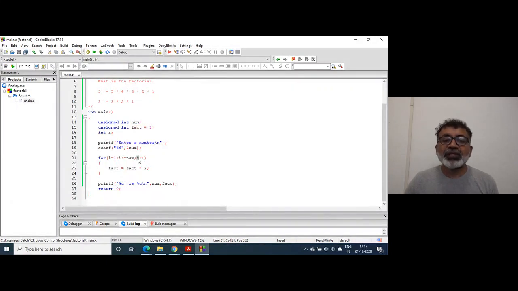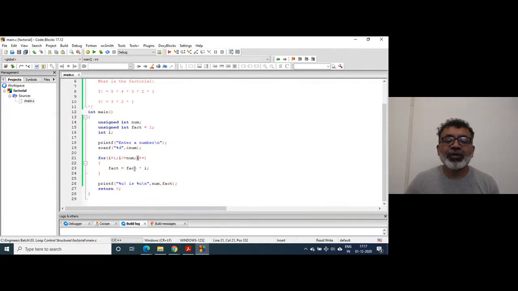Next I will become 3 which is again less than or equal to 5. The control goes inside the loop again. The earlier value of fact is 2. The value of I is 3. So 3 into 2, that multiplied value, the new value of fact, 6, will be stored in the variable fact, right? Then the value of I becomes 4.